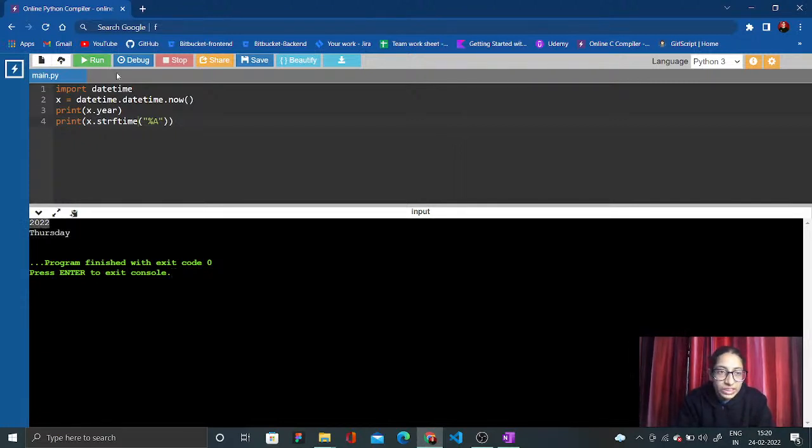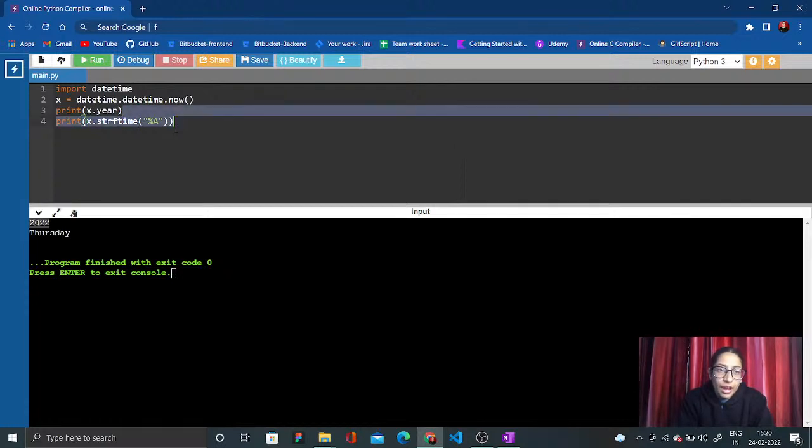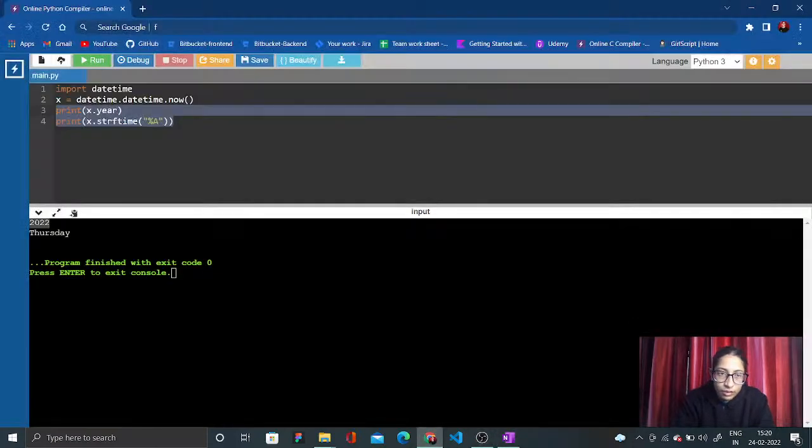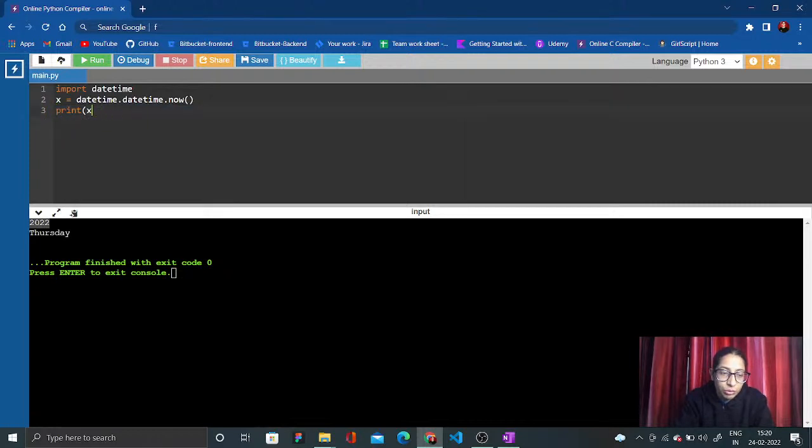Okay, so this is the thing you need to carry on, that for a year and for a day we need to print these two lines over here. Basically it is just a configuration part of it. Okay, what if you need to create a date object? If instead of this, I say that I need to create a date object,